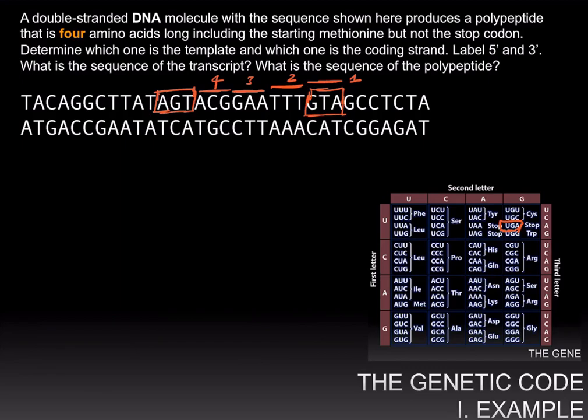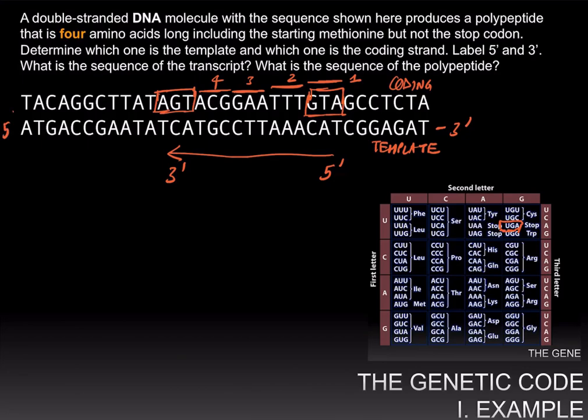And since the top strand is the coding strand, the bottom strand must be the template strand, and since RNA is going to be transcribed from the right to the left, and the RNA is going to be made 5' to 3', this means that on the template the right is 3' and the left is 5', and the coding strand is anti-parallel to the template strand, so 5' is on the right and 3' is on the left, and our sequence of the transcript